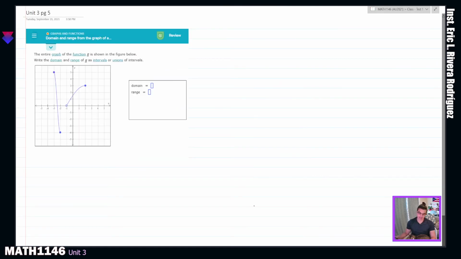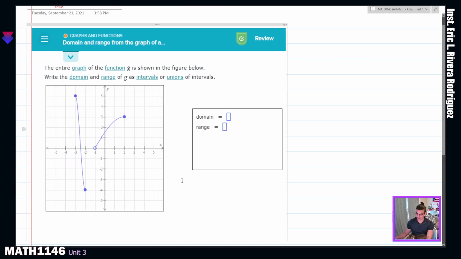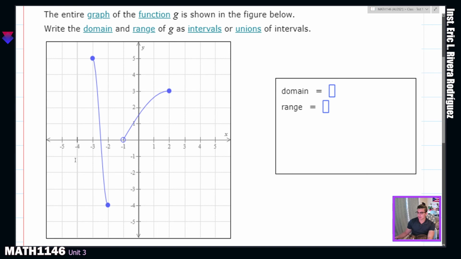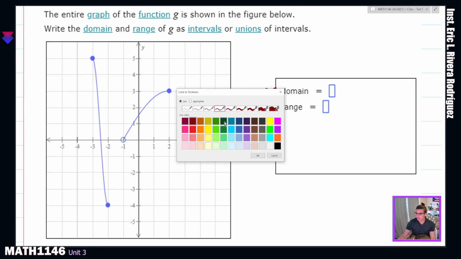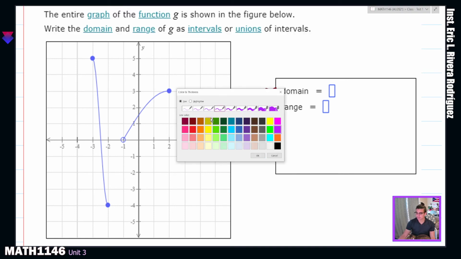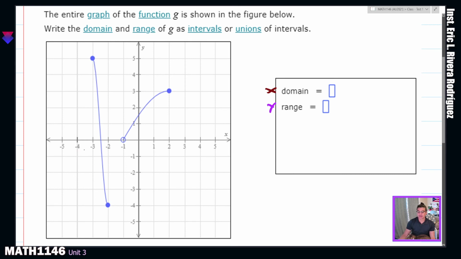The last exercise is one that I want to talk about because it might cause confusion. All right, so we need to find the domain and range of this graph. And we need to remember that a domain is for the x values and range is for the y values. And let's start with the domain. So for the domain, you focus on the x-axis, and we read the graph from left to right. The first point that we are seeing is here,